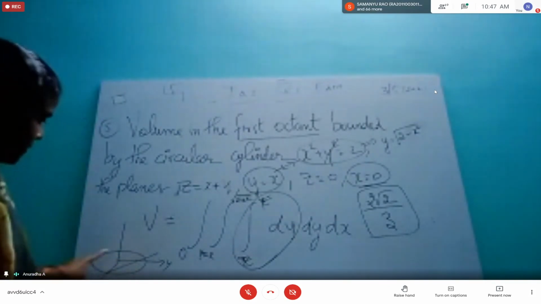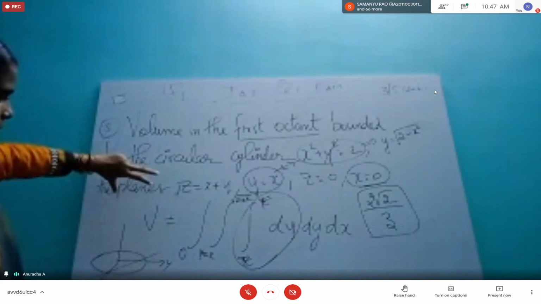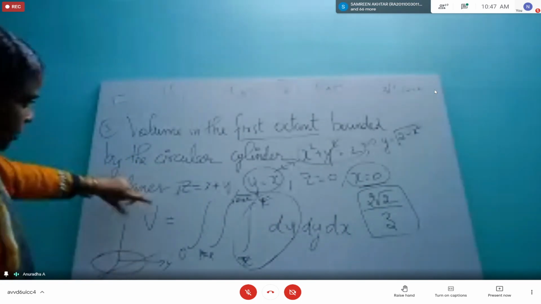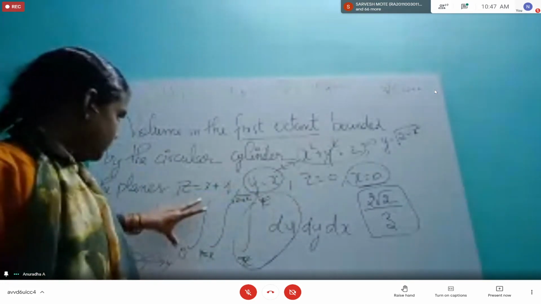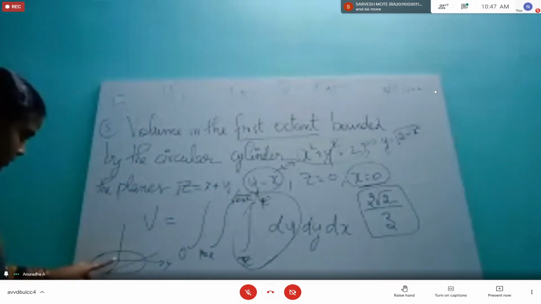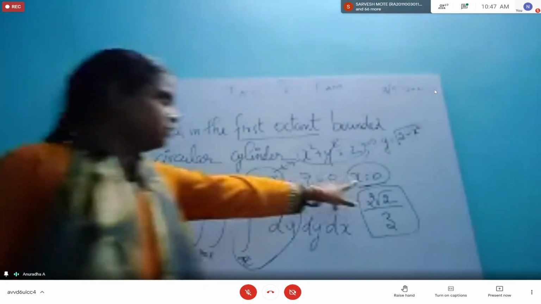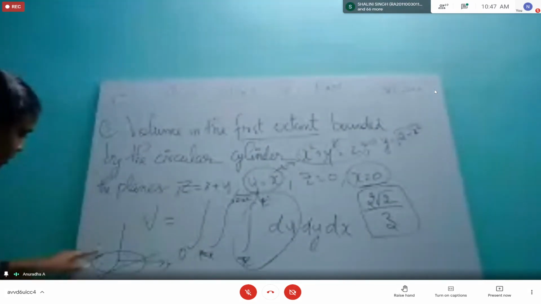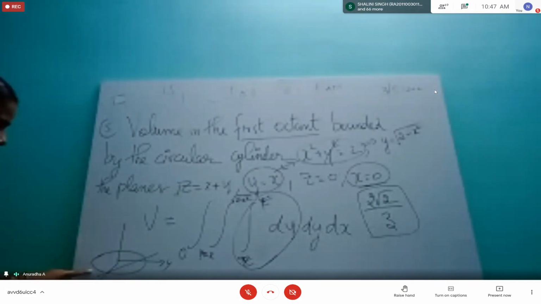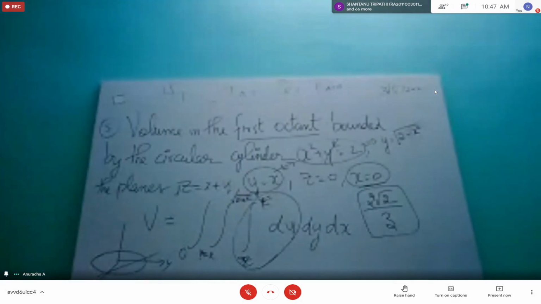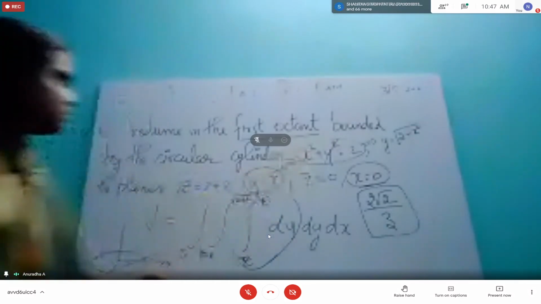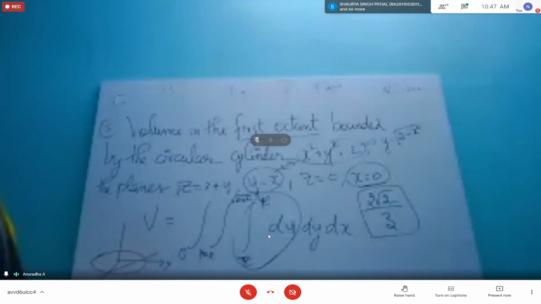We are not taking the entire cylinder. With respect to height also we are cutting it with 2. We have written that. In the x-axis also, we'll start at 0 because x equal to 0 they have given. But we will not take the entire circle structure. We will cut it using y equal to x. So please find the common intersection point between these both. Write that as the outer limit.